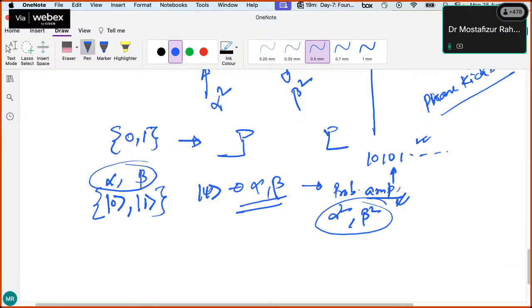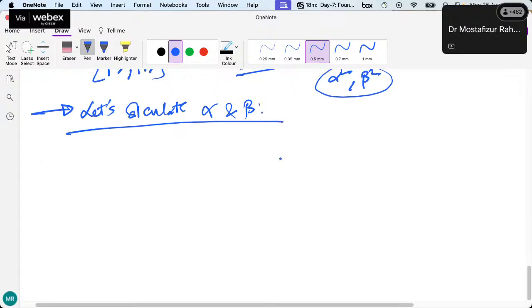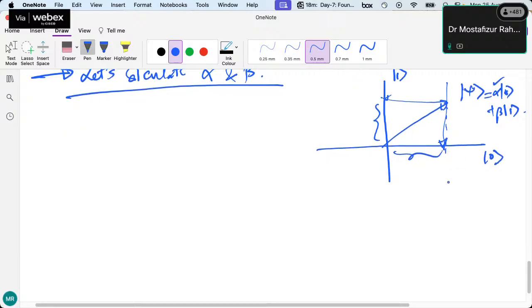Okay, so now let's calculate the probability amplitudes alpha and beta. If this is a vector, and this is Ket 0, and this is Ket 1, and this is your Ket psi, we don't know what the coefficients sitting in front of alpha and beta are. So mathematically, we do a projection of this vector onto this axis in order to get alpha, and a projection onto this axis in order to get beta. That is what we do. So if we do that,